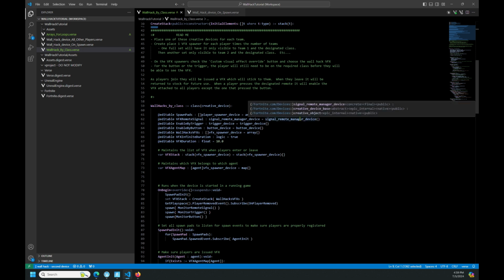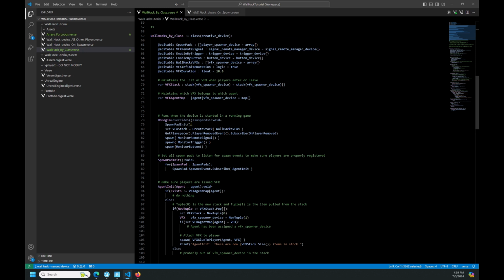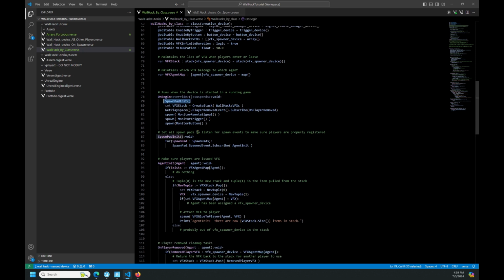When someone leaves, it'll get pushed back into the stack for someone else to use. So on begin is going to initialize our spawn pads to subscribe to spawn events. We're going to create our stack so that all the VFXs are available. We're going to subscribe to players being removed so that we can make sure the VFX they had is disabled. You don't want a weird outline somewhere where a player left. And then we're going to monitor the remote signal, the trigger, and the button so that we know when to